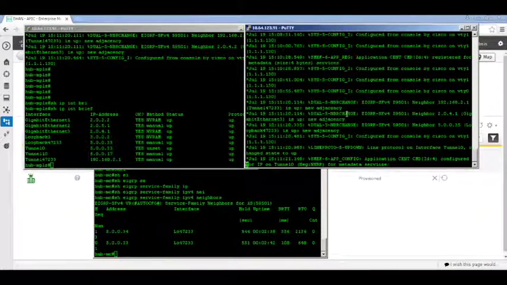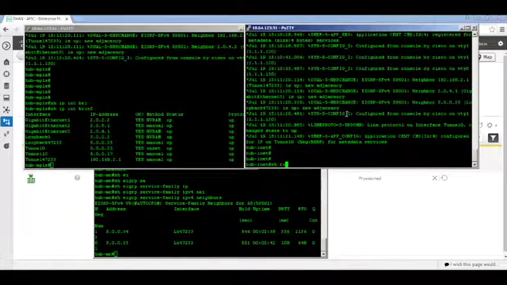And similarly, if you look at the internet router,